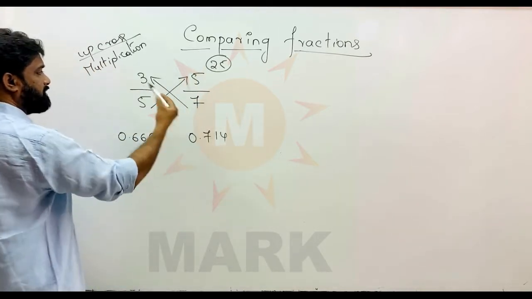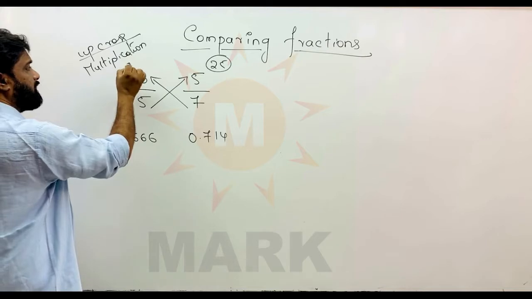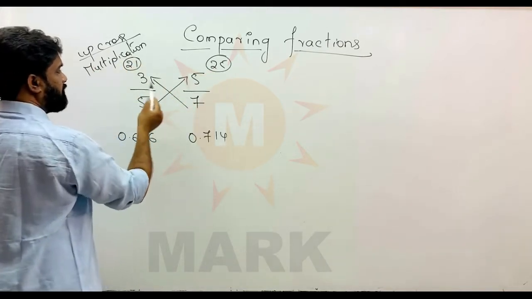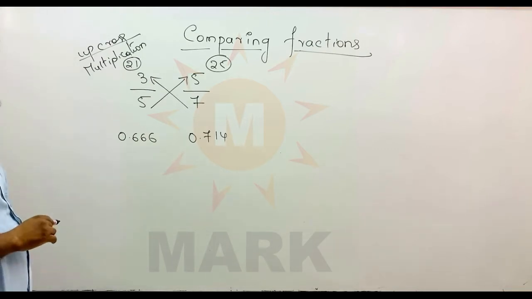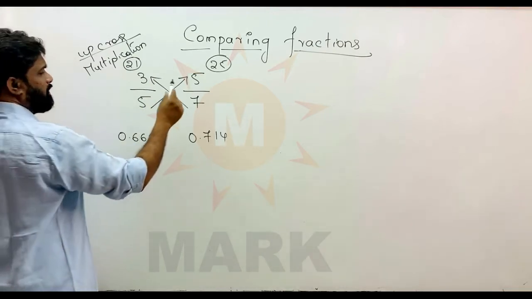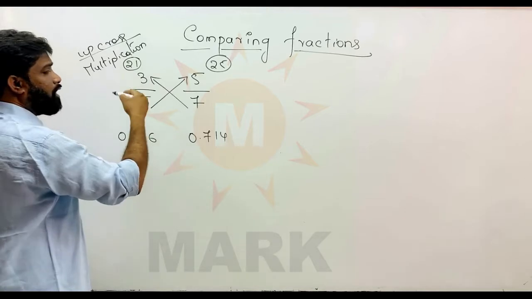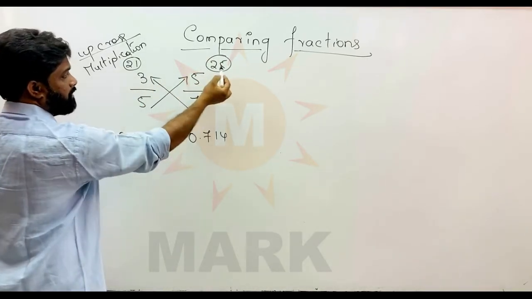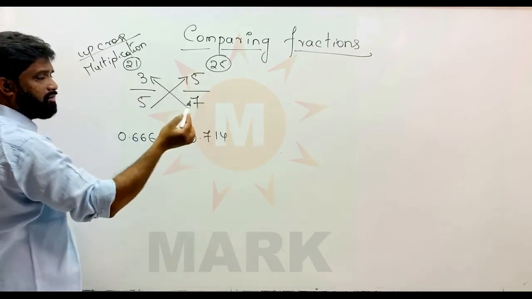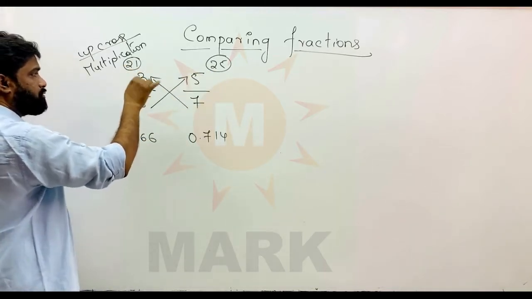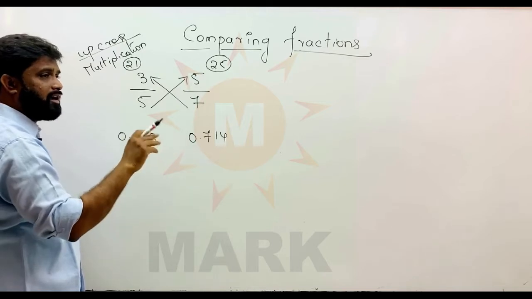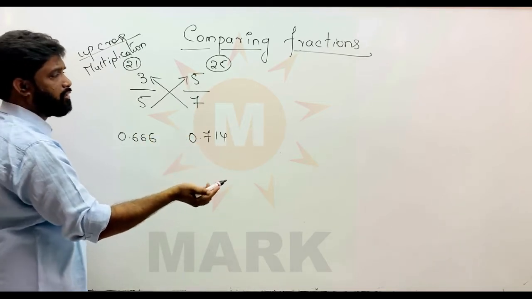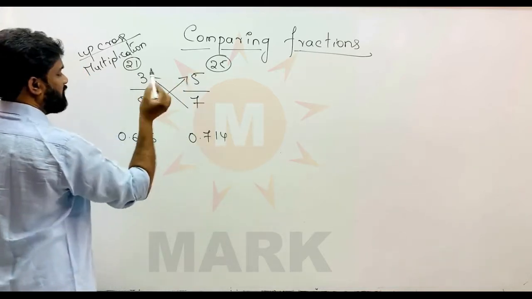So when you see this cross multiplication, 7 into 3 is 21. So 5 into 5 is 25, 7 into 3 is 21. On whatever side corresponds, 25 corresponds to 5 by 7, and 21 corresponds to 3 by 5. So on whatever side you got the highest product, that corresponding fraction is the highest fraction, obviously. So 21 and 25, they want highest or least.